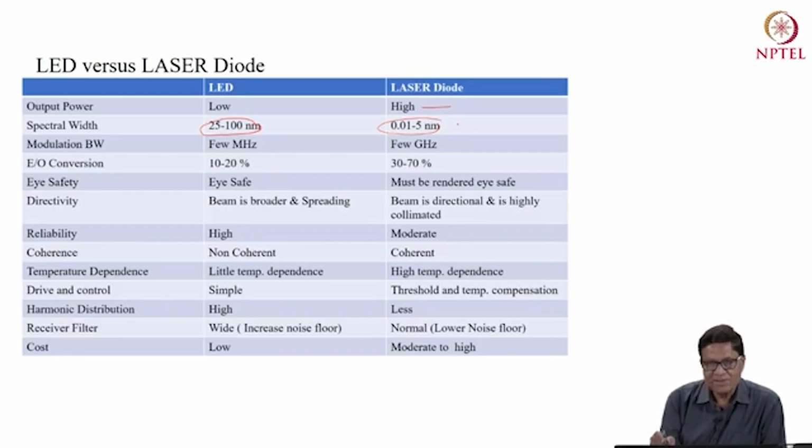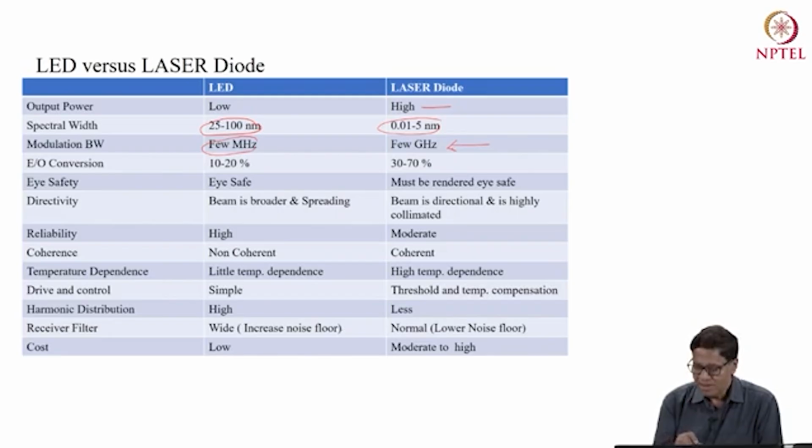Because the spectral width is low, the dispersion will be low. The modulation bandwidth is a few megahertz for an LED, whereas for a laser diode, we also saw, it is about a few gigahertz. Electrical to optical conversion in the case of an LED is very low, 10%, 20%. A laser diode is about 30 to 70%. As far as eye safety is concerned, an LED is eye safe because the power output is not very high, and